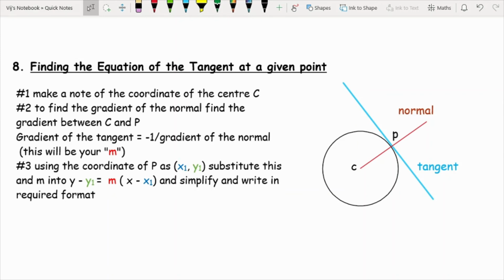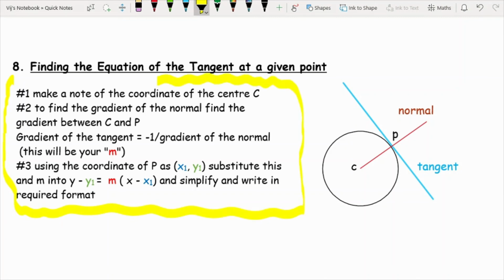So to do this, what we need to do first is make a note of the coordinate of the center. You might have to do this, sometimes you may not need to. The second step is find the gradient of CP, and that will give us the gradient of the normal. Then we take the negative reciprocal of the gradient of the normal to give us the gradient of the tangent. And then, just like we did before, using the coordinate of P, we substitute it and the gradient of the tangent into y minus y1 equals m times x minus x1,